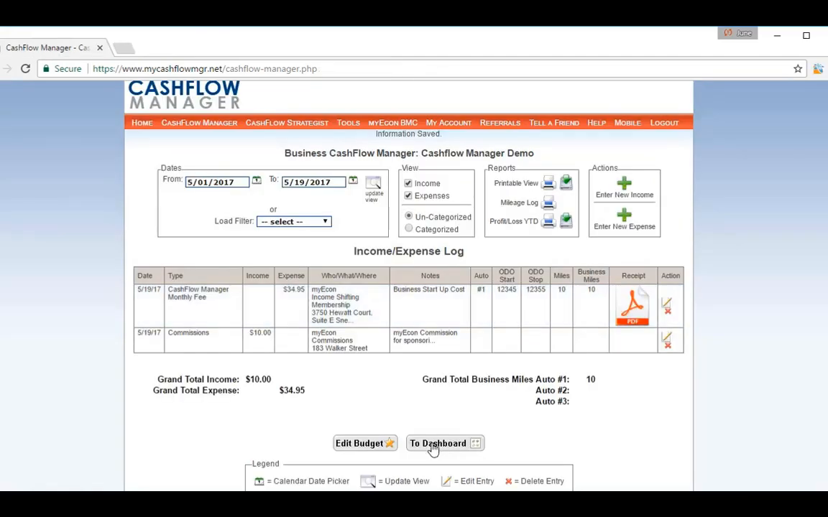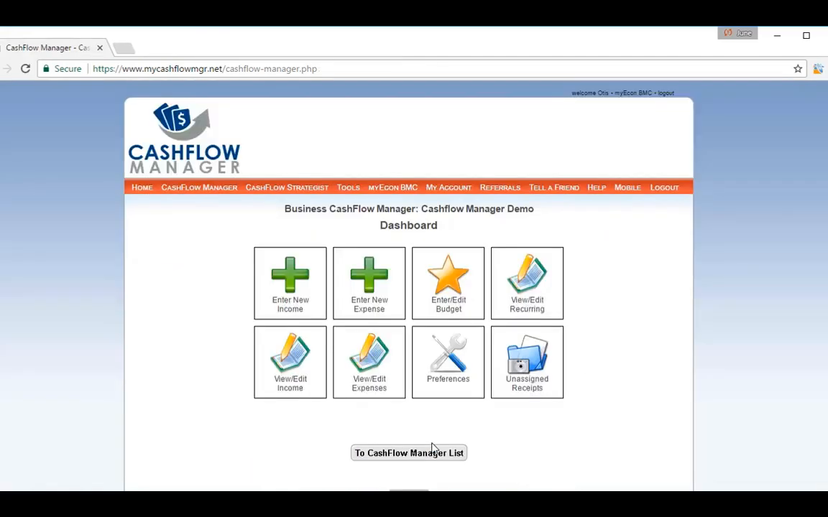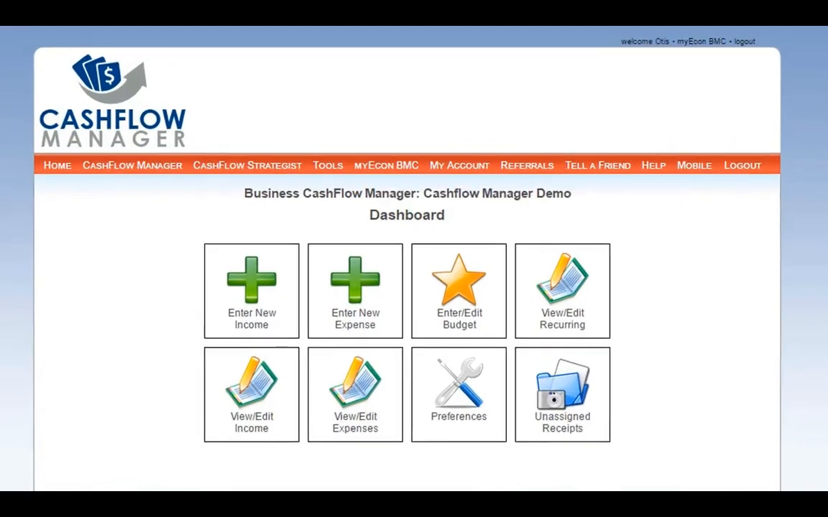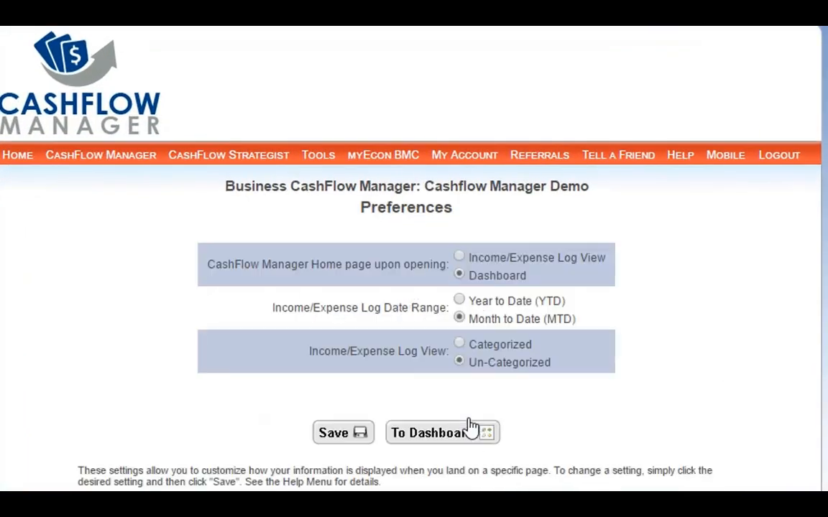Scroll to the bottom and click on Dashboard button. Click the Preferences button. Here you can select your preference on how items appear on your cash flow manager when you open the app. Finally, if you click on the Help link in the menu bar, it will take you